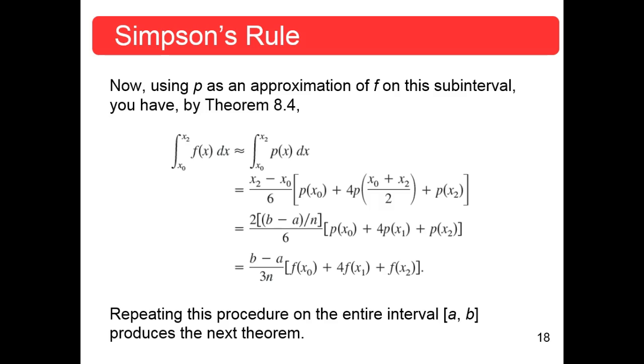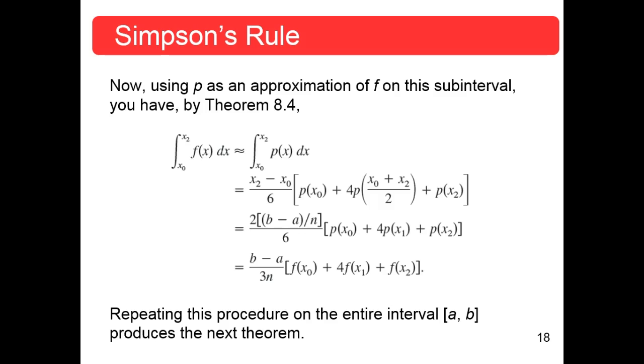Your interval here was b minus a, the length of any interval is b minus a over n. Okay? You got two intervals here, x0 to x1 and x1 to x2. So 2 times this is going to be that value divided by 6 that you got from here. And then this you just do p of x1, it's the midpoint between x0 and x2. Okay? So what we have here, if you clean this up a little bit, 2 will go in the 6 3 times, so you have b minus a over 3n, where n is the number of intervals we have, times